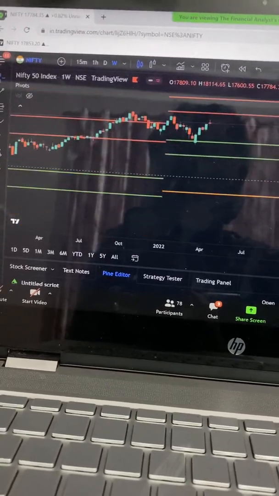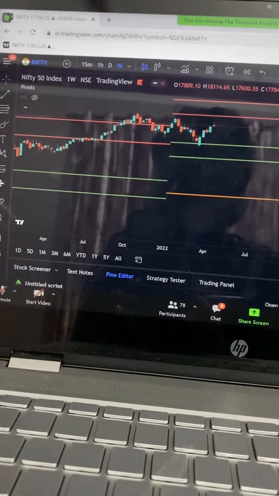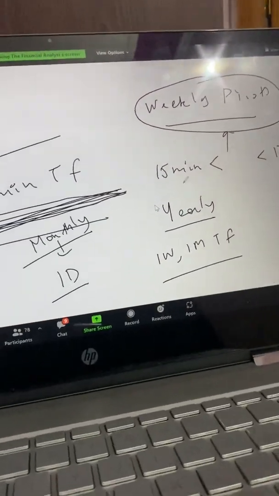Now on which time frame you'll get which type of level, that is what I've explained in this whiteboard. Okay, if you're using any time frame less than or equal to 15-minute time frame, you'll get daily levels. Any time frame